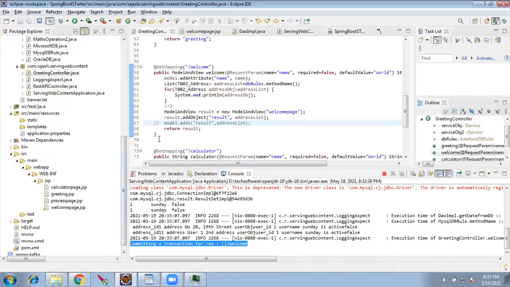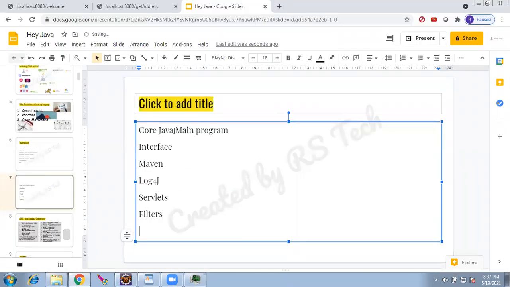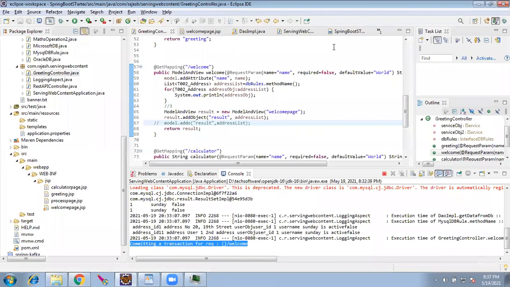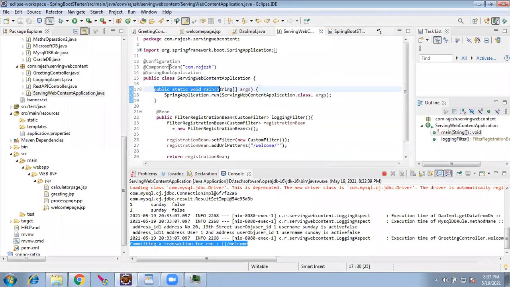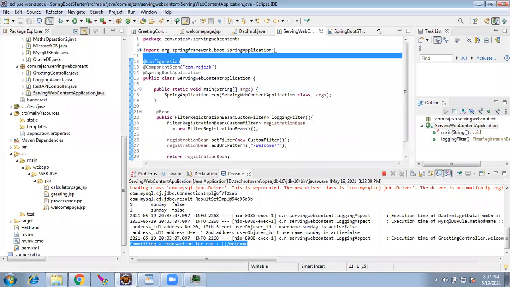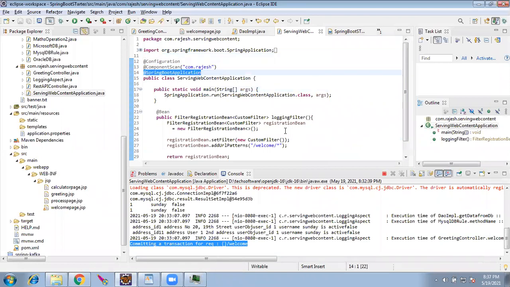Only for a few transactions, if we want to restrict the URL, we use a filter. Then we started Spring Boot. Why did we read Spring Boot? Because the application is built in Spring Boot. Here it is, the main program, and there is a configuration and a Spring Boot application. So we went through Spring Boot.